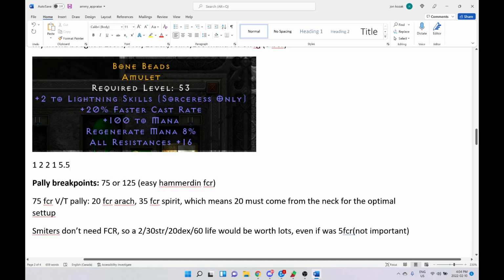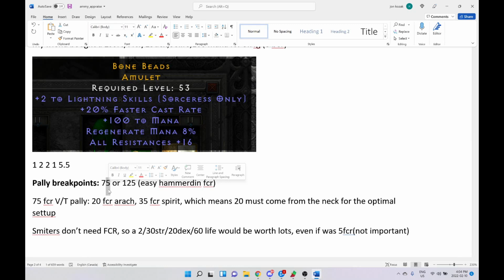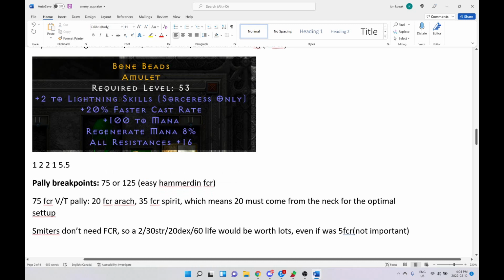Anytime you see a number ending in 5, you're going to need a necklace that ends in a 0, because everyone uses Spirit. In this case, you see 20 on the Raven and 35 on the Spirit. That gives us 55, which means we need a 20. Make sense? I'm going to show you a pretty run-of-the-mill Paladin 20 FCR necklace that sold for quite a